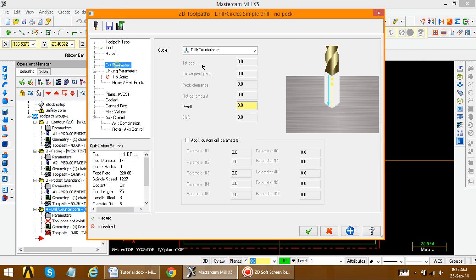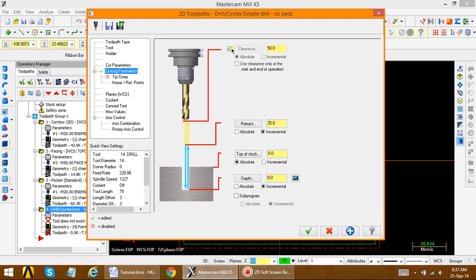Now cut parameter, this is dwell, meaning for how long the drilling tool should rotate here. This is for the finishing. Suppose we give 1 minute, linking parameter should be on 50, retract is 25, absolute, drilling is again minus 30.